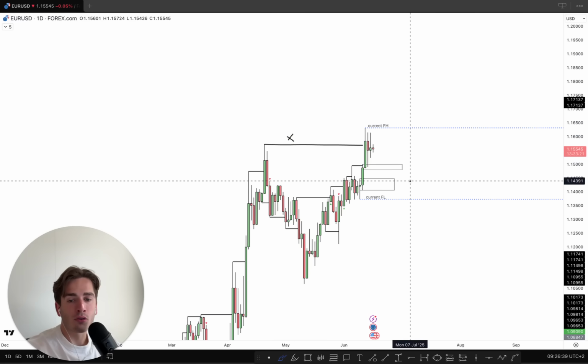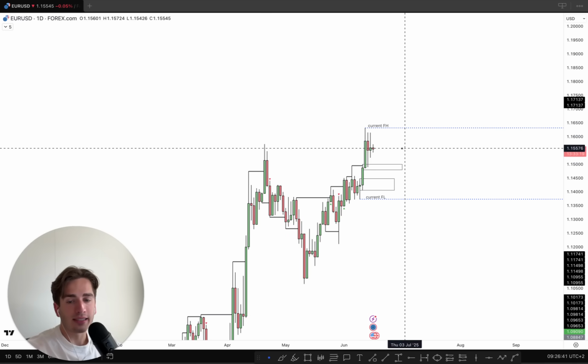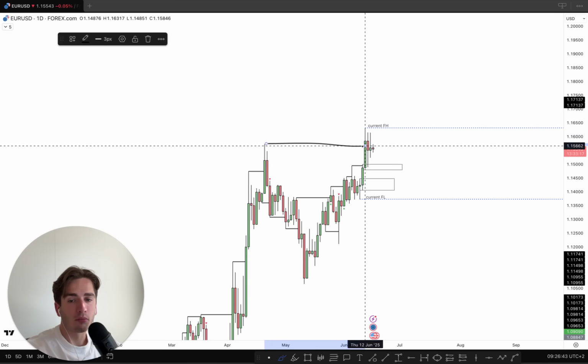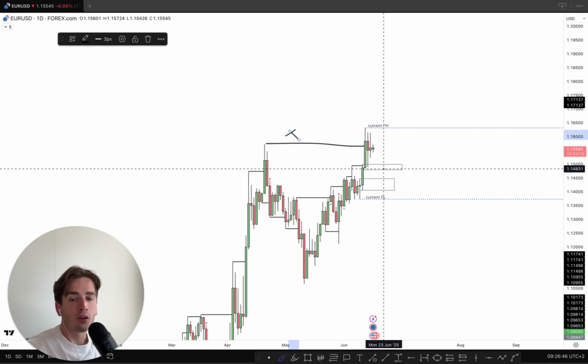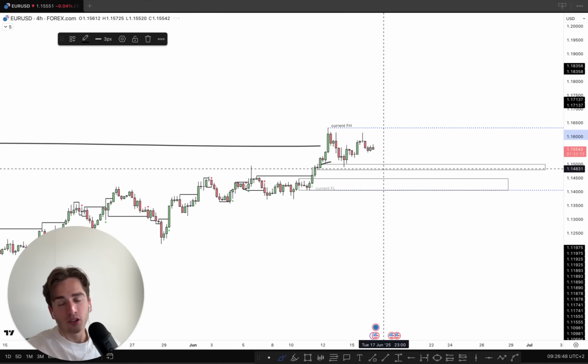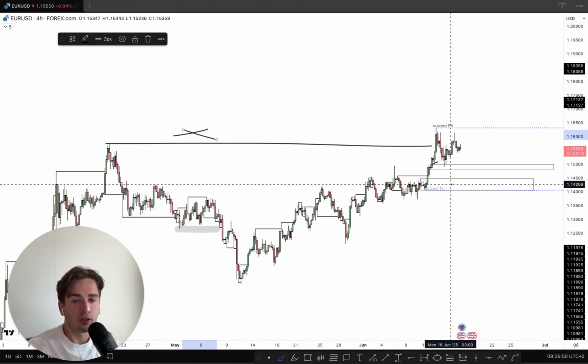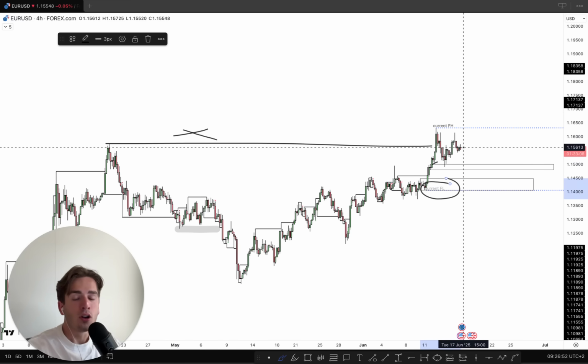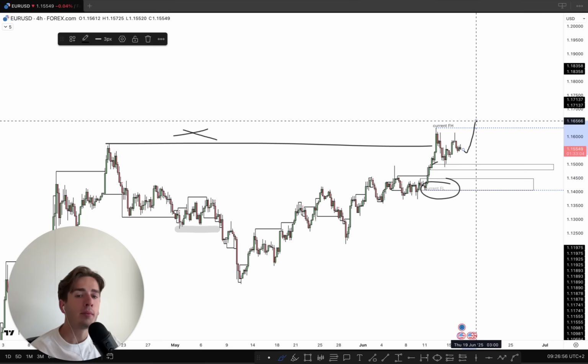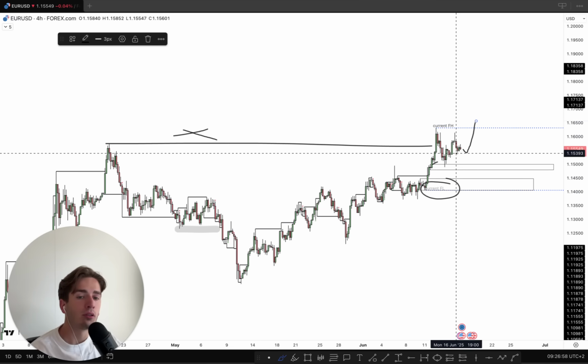Does it have to happen? No, but it is something that you can take into account, that we did pretty much liquidate this high. So if you are looking for the bigger shorts, myself, I will only really start looking for shorts once we break the current fractal low here on the 4 hour time frame. So preferably, I would even see one more push up, and then, for example, the fractal low is over here